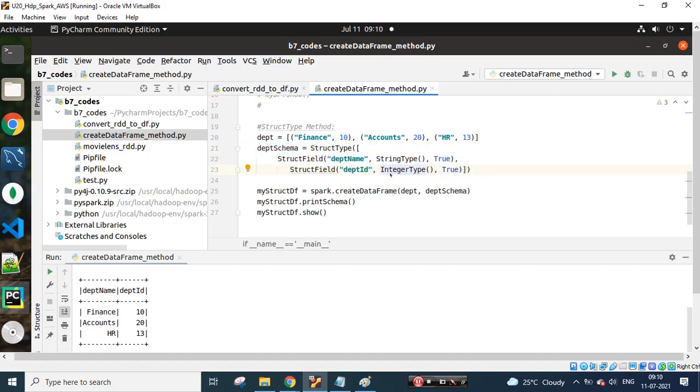So are we able to understand how we will be creating struct type? Because moving ahead there will be complex long programs, and at that moment you need to create these kinds of schemas. And also you have seen in the demos, 17 lines, 20 lines, we need to define the schema based on the data we are receiving from the source. So are we clear on the struct type? Yes. Okay, so as we are clear now, in RDDs we have seen we can read the data